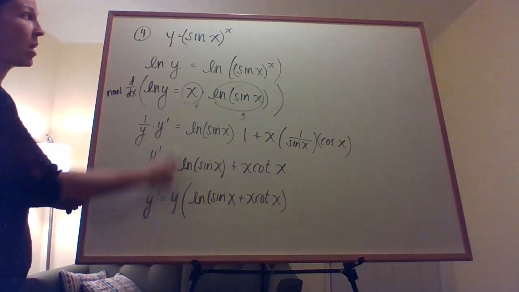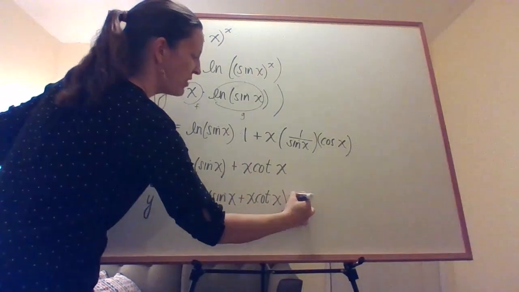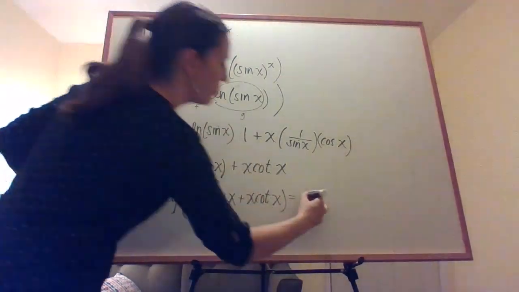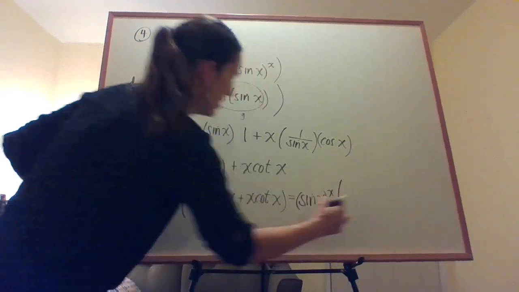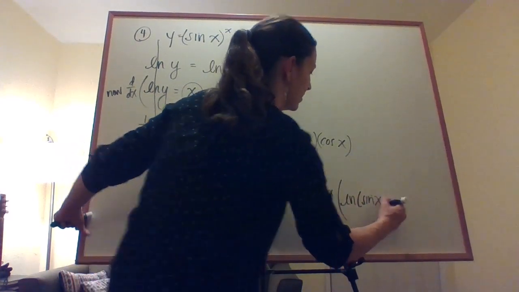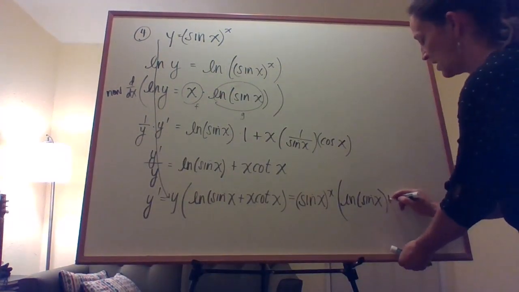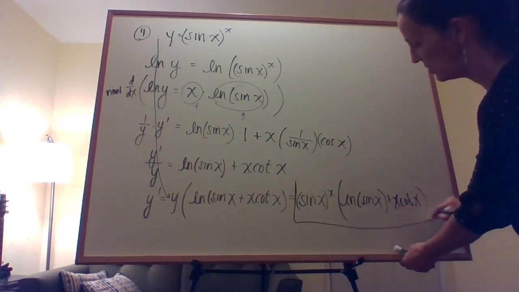And since I knew what y was from the very beginning, then this can come down here. And my final answer that I was looking for was sine x to the power of x times natural log sine x plus x cotangent of x. And that's the final answer